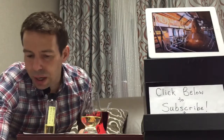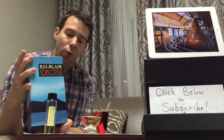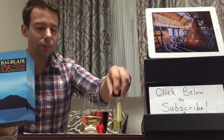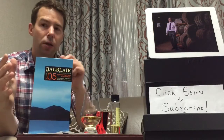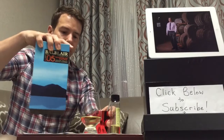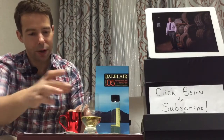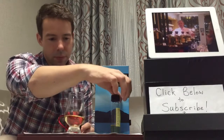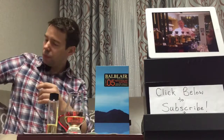What I will do is I'll just put up the 2005 bottle because I am going to be comparing them with each other somewhat. So I'll put that there. Here's the 2005. I think that's a little bit in the way, isn't it? Put it right over there, I think. There we are. Got my water, got my whiskey, and voila. Okay, so